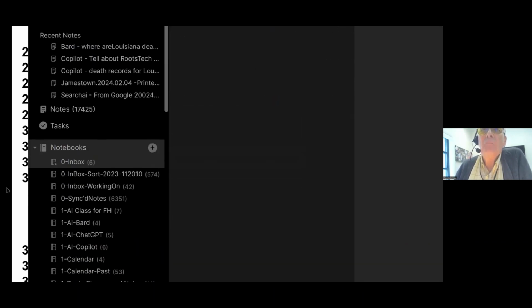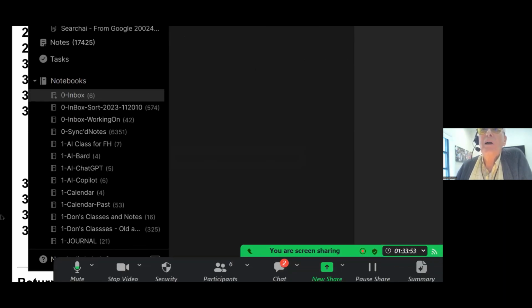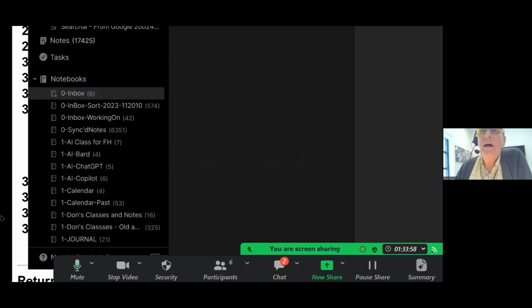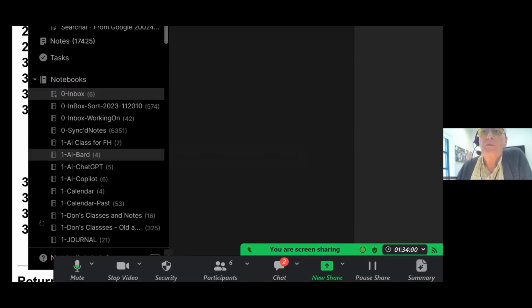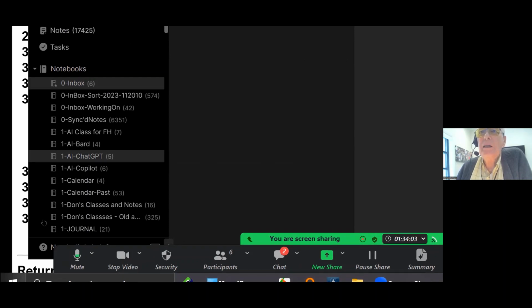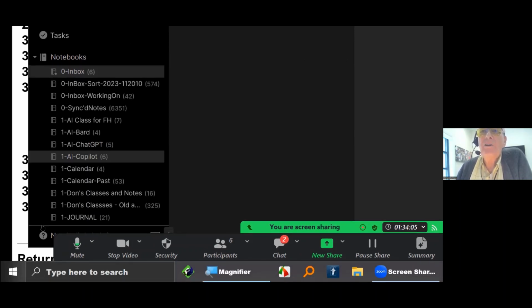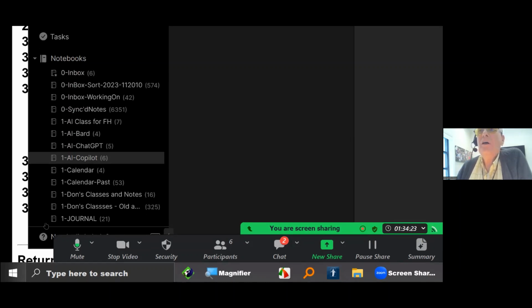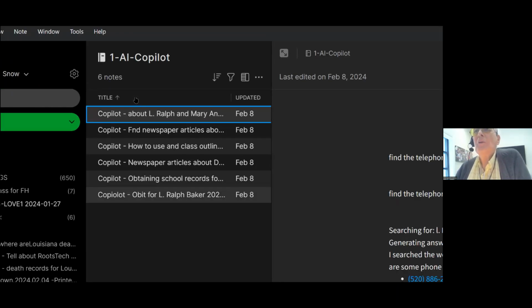Okay. In notebooks, I set up a notebook here for my AI class, but then here's one, AI on Bard. We've already looked at Bard, so we won't do that. Here's Chat GPT. There's some things in that, and here's Copilot. I've had the best results with Copilot. Chat GPT is way out of date, and the stuff that I get is not nearly as good as some of the others. But Bard or Gemini, if that's what it's called now,